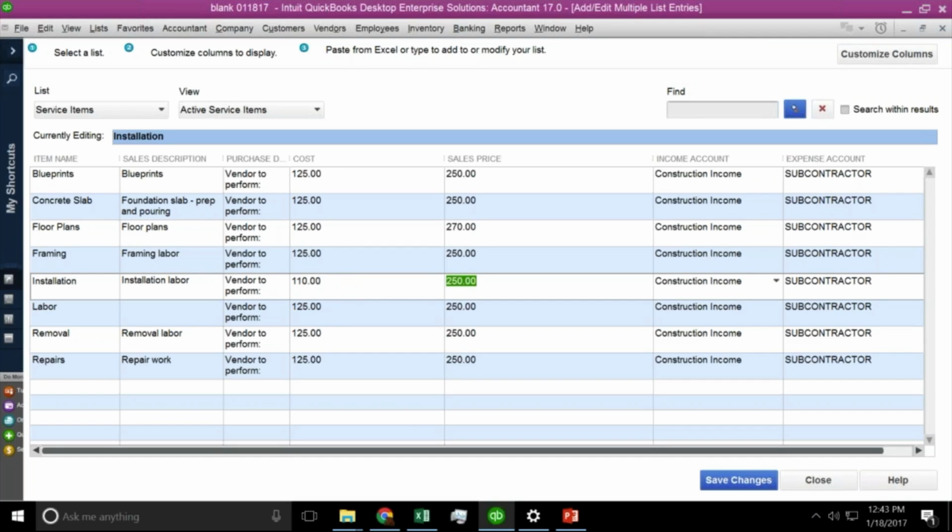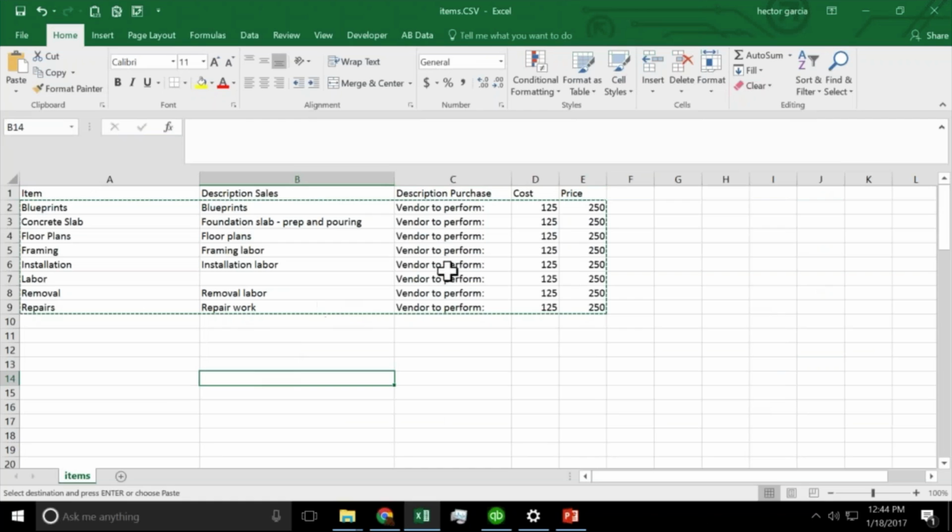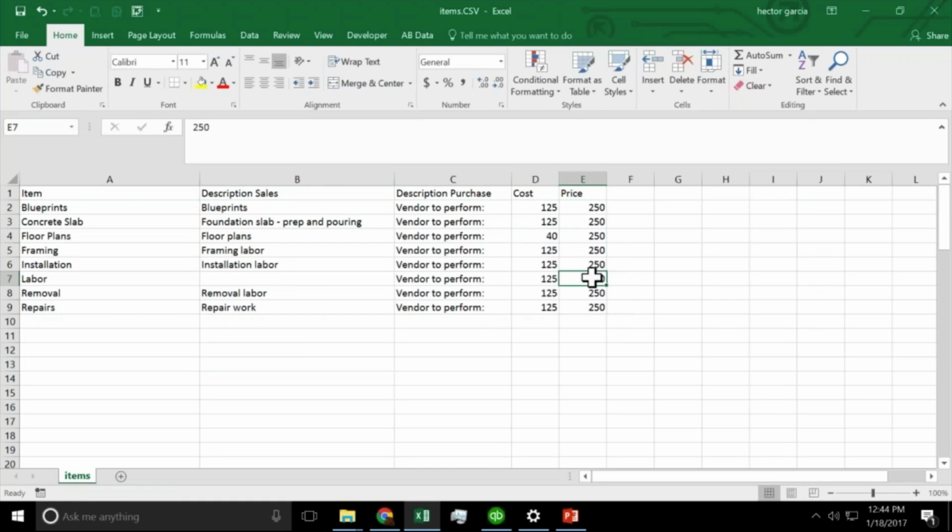Now, if I had the capacity to export my item list into Excel from QuickBooks and it matched the columns and it matched the order and everything matched 100%, technically you could copy and paste over itself. Now I'm going to show you that. It's a little bit dangerous. I want to make sure that I'm making that caveat there. It's a little bit dangerous what I'm about to do, just because you have to make sure that your spreadsheets are